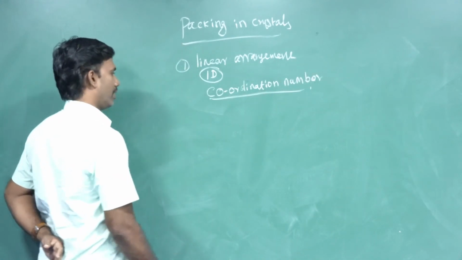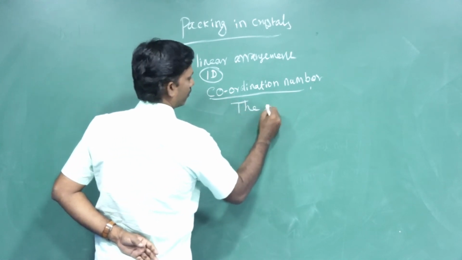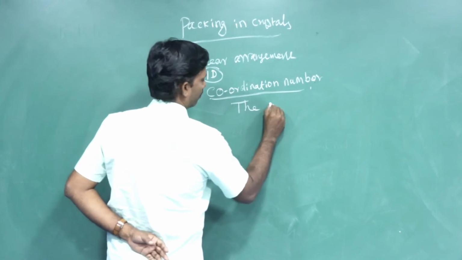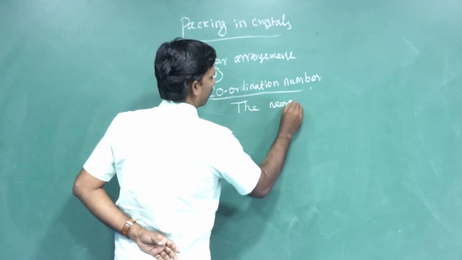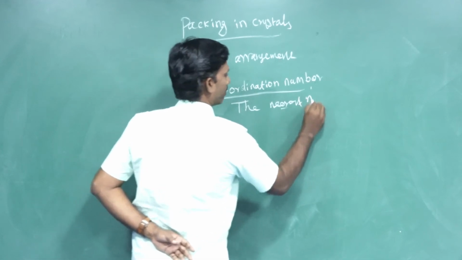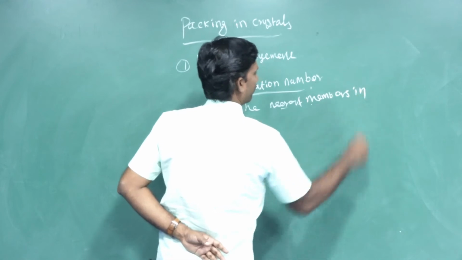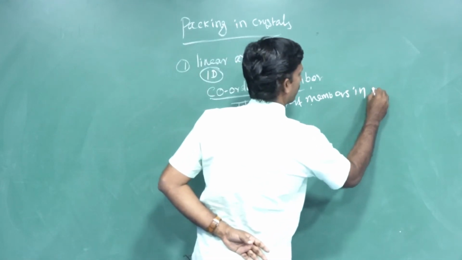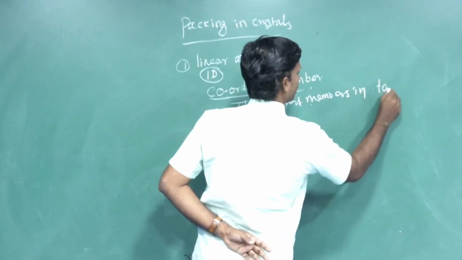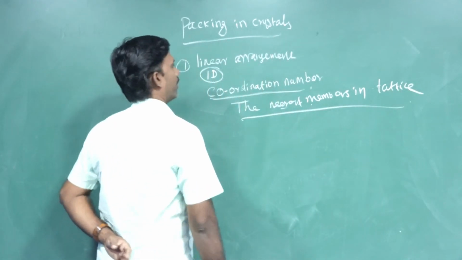Coordination number is nothing but the nearest members in a crystal lattice. For example, for linear arrangement,